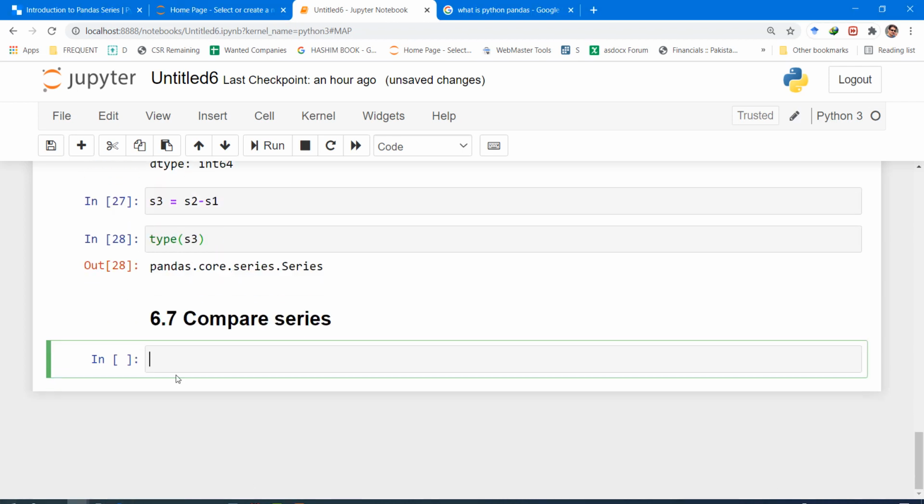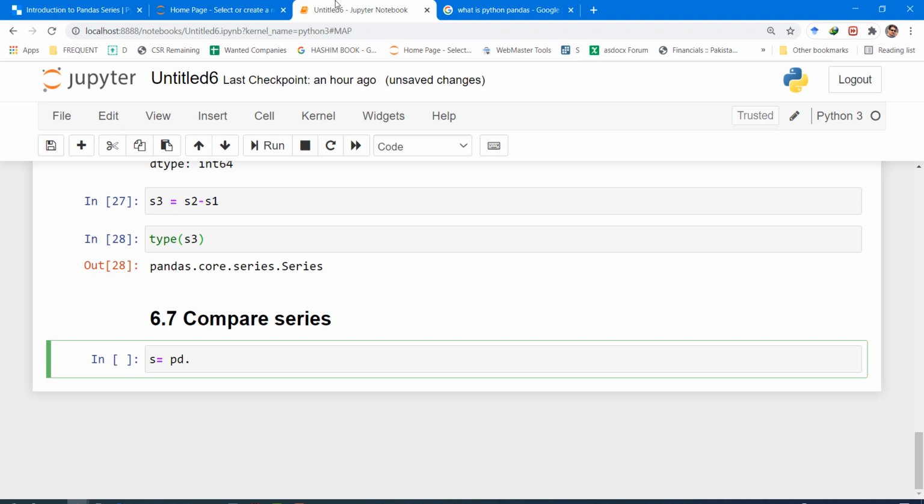Okay, now let's try to compare a series to a single number and a series to another series, and that becomes a very powerful tool in data management and data filtering. So how do we compare a series? Let's create a series S again, and you remember how to create it.